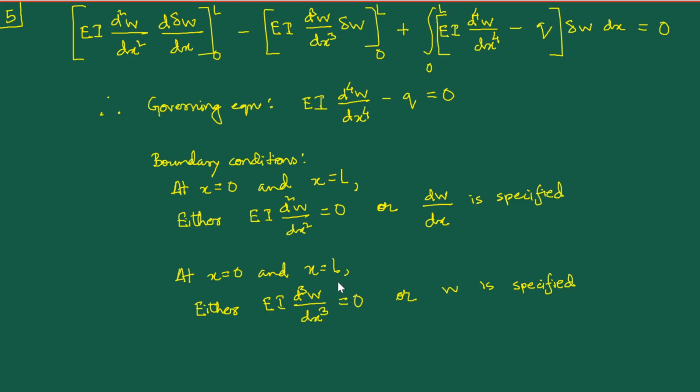So overall, as a combination of x equal to 0 and x equal to L, what we must end up with for every beam problem is a set of 4 boundary conditions. Okay, so at x equal to 0, you have two conditions from these two statements, and at x equal to L, you have 2 conditions from these 2 statements. So both of them will get applied at both the ends. In total, you have 4 conditions, and that must be so that we do end up with 4 boundary conditions,